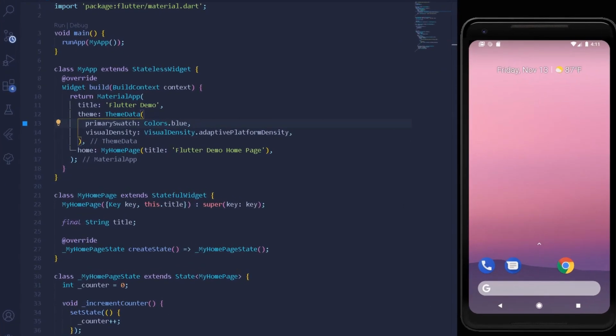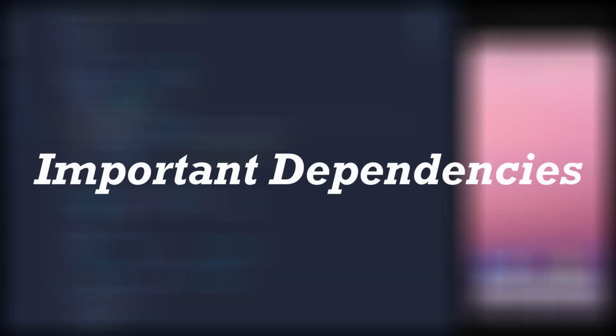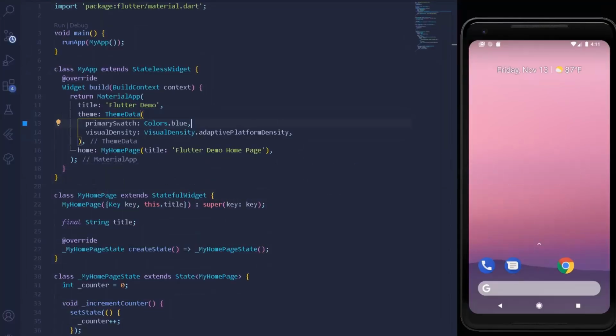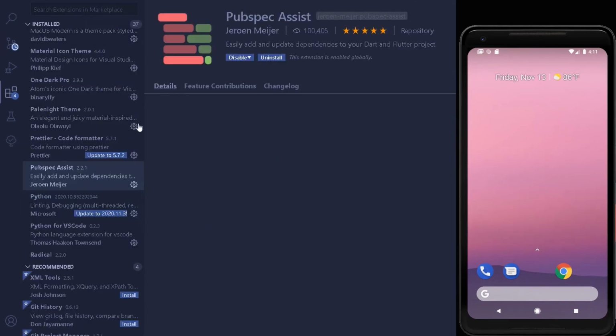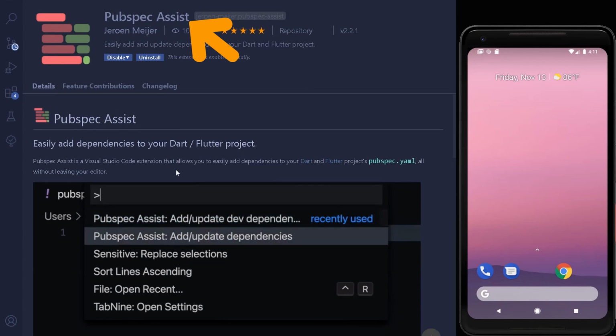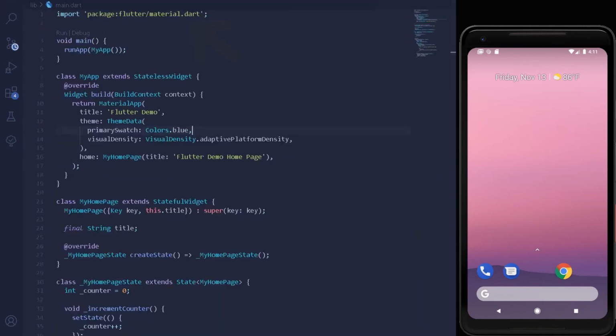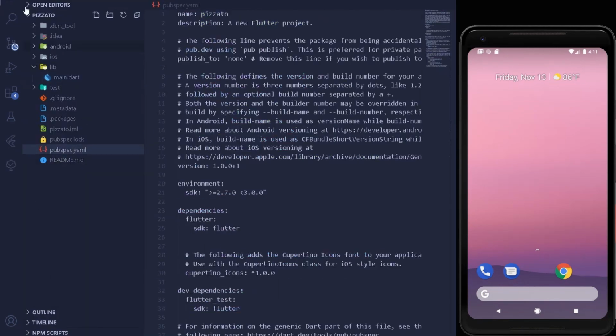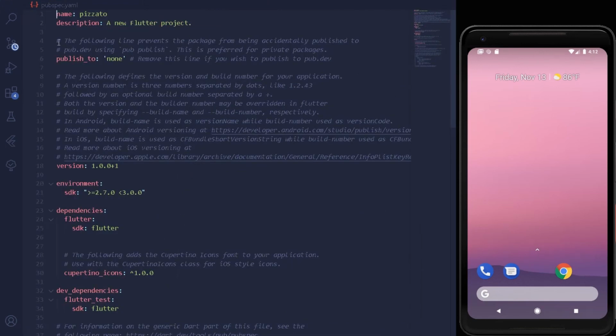Before launching our first initial application, we shall get all of the dependencies which will be necessary for implementing Pizzato. First thing first, you can simply move under extensions. The following extension shall be helping us in getting all of the dependencies without external files of pub.dev. So for that, we can move under our pubspec.yaml file. Alright, first thing first, let's remove the boilerplate code.